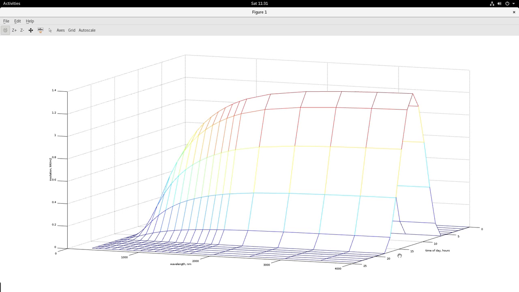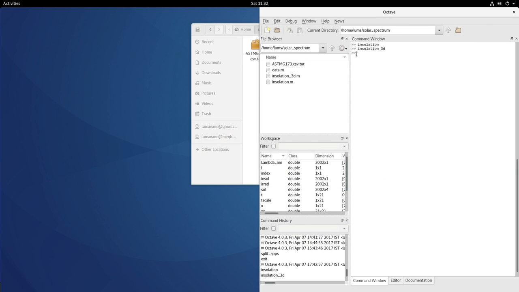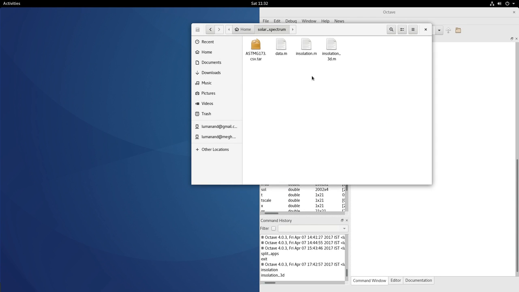at that locality, the insolation is highly dependent on the time of the day, and these are the diurnal changes. This happens every day because of the day-night effect, because the Earth is rotating on its own axis. I shall include for you also the script file which generates this. I have made that in insolation_3D, and I will include that also in the resource that I would place for